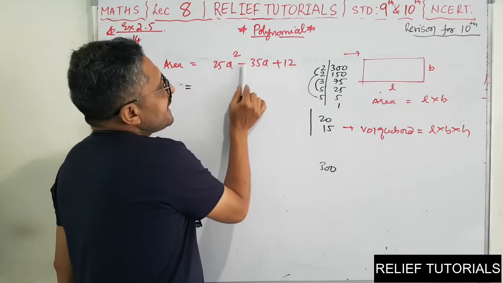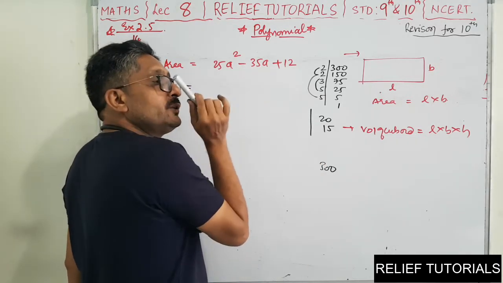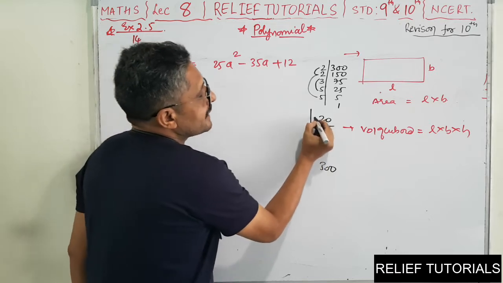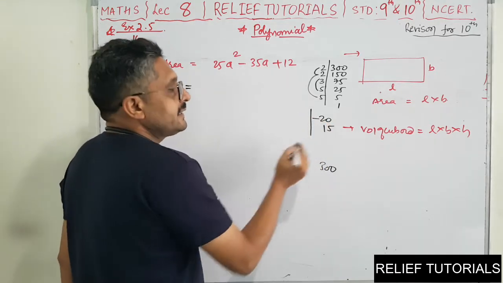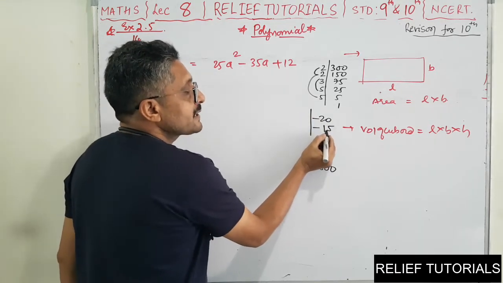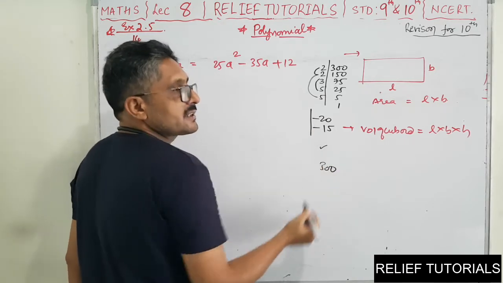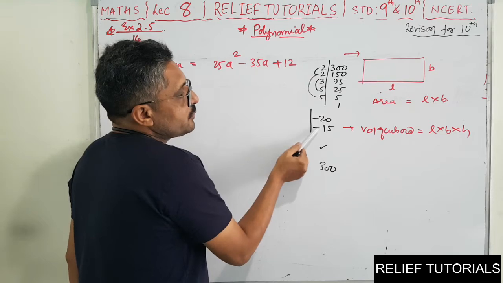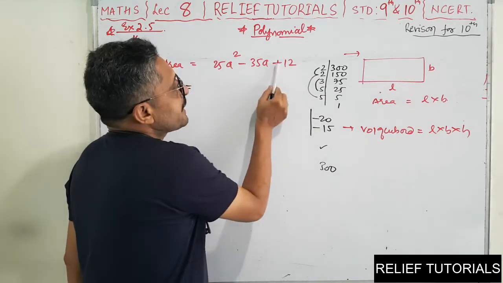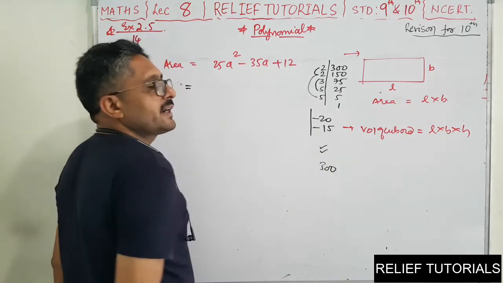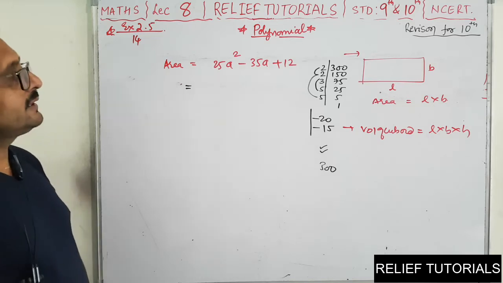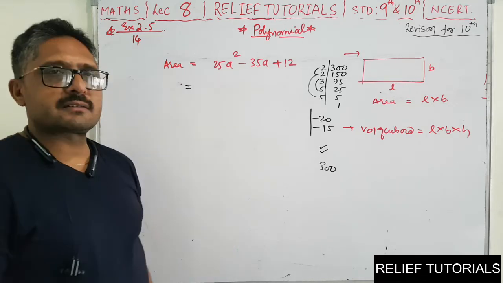So now here the sign is minus. So you will give that minus sign to the bigger number, that is minus 20, and here minus 15. Why? Because minus 20 plus 15 is only minus 5... so first condition is satisfied. Now minus into minus is plus. Here it is plus. So second condition also satisfied. So in this way we have found out the factors.